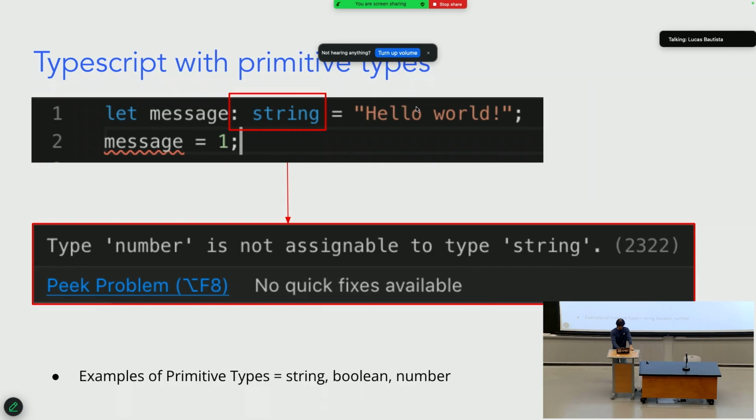All right, TypeScript with primitive types. With defining a type in TypeScript with string, Boolean, number, we simply put a colon after our declaration and then the type that we want to declare, and then we assign it to, in this case, a string. And because we can't reassign it to any other type, we get an error whenever we assign it to